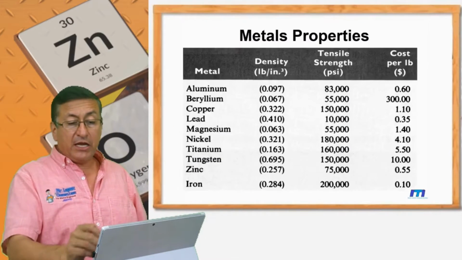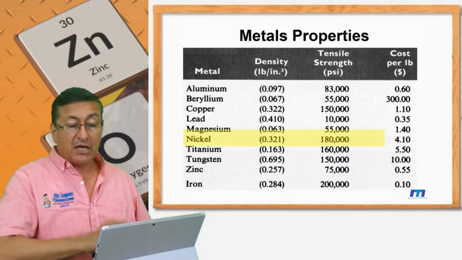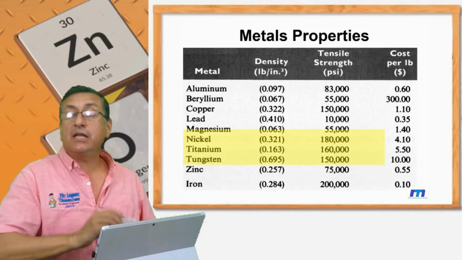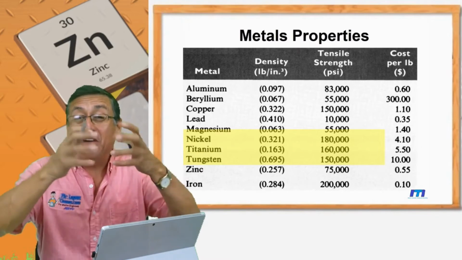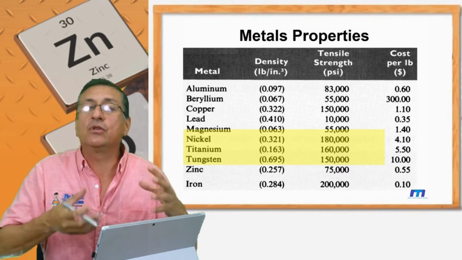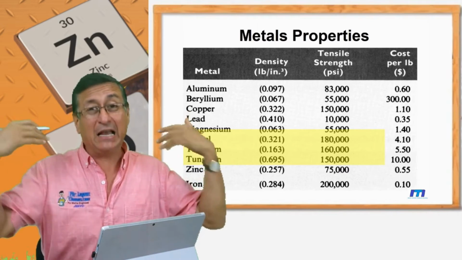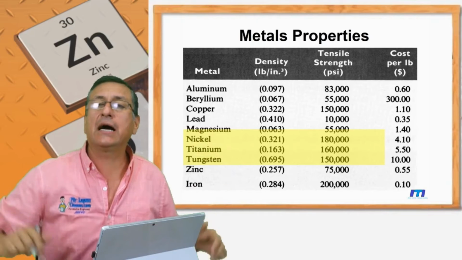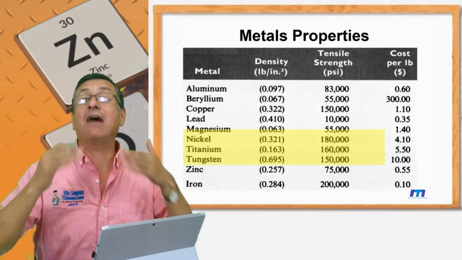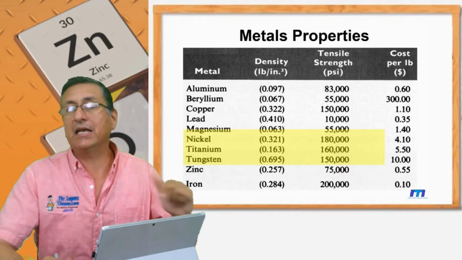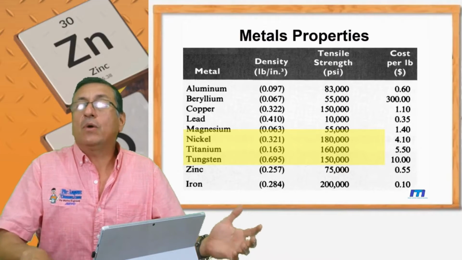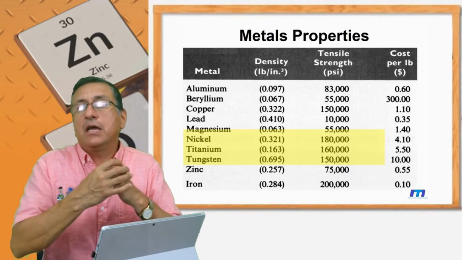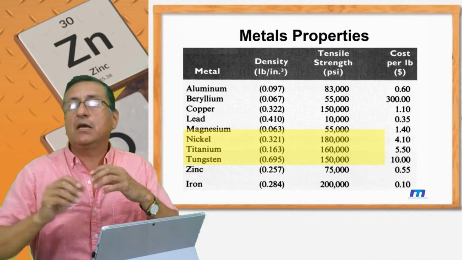For example, nickel is an element with high tension. Titanium, tungsten. What happens if you create an alloy with those three metals? You have an alloy with ultra high tensile strength. This is the ability of the metallurgical engineers to discover what components in the alloy increase one property or decrease